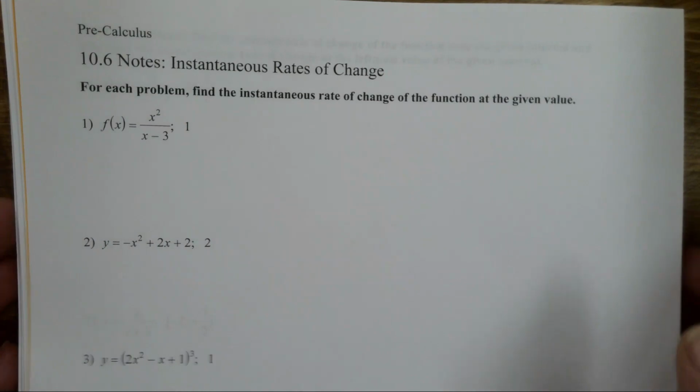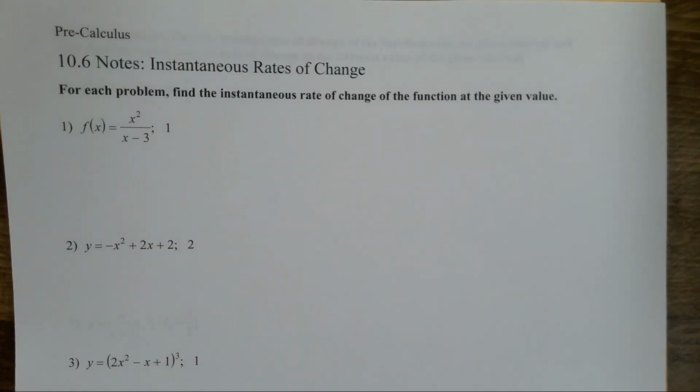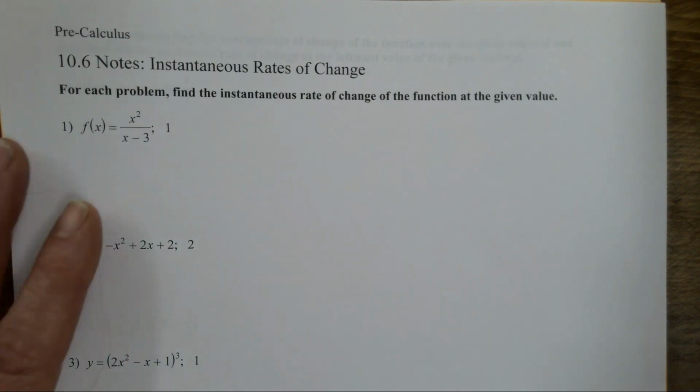Instantaneous rate of change, again, is just another thing or direction that tells you to take a derivative. We are looking for the rate at which something is changing or something is moving at a particular time. It is just like finding the slope. A rate is like a slope. Rate of change is like a slope of a function at a given time. So if they ask for an instantaneous rate of change, it is just saying